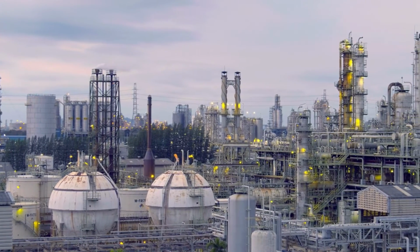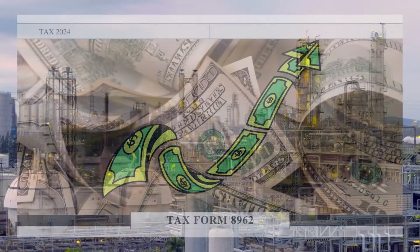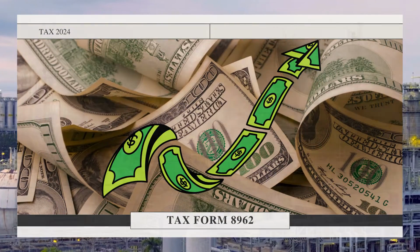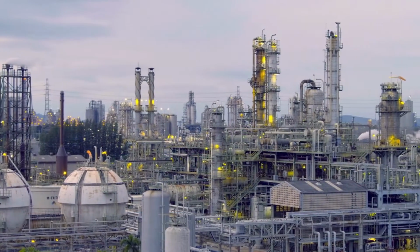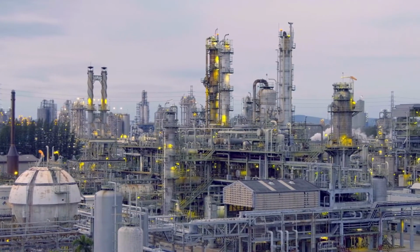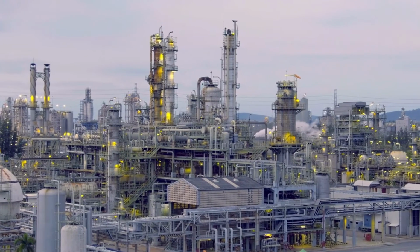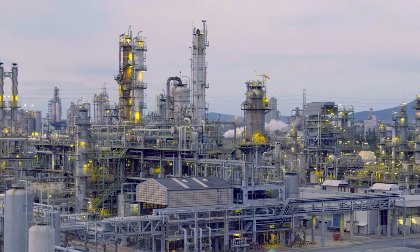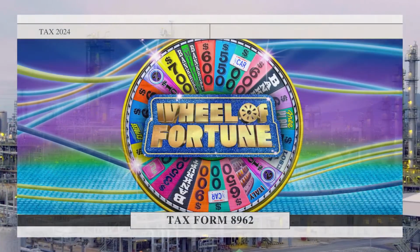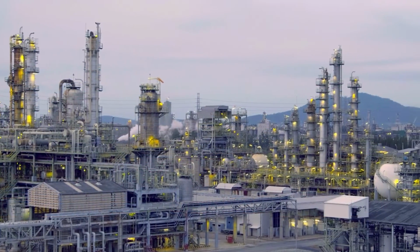This also means that if you had a big jump in income and your income went up, then the exchange is helping you to pay for your health plan based on your lower estimated income. When you file your taxes, like you are probably doing right now, if the income is way higher because you got a raise, for example, or perhaps you sold a property, or maybe even you won the Wheel of Fortune, that 8962 will show how much is necessary plus or minus to adjust the APTC to fit with your income